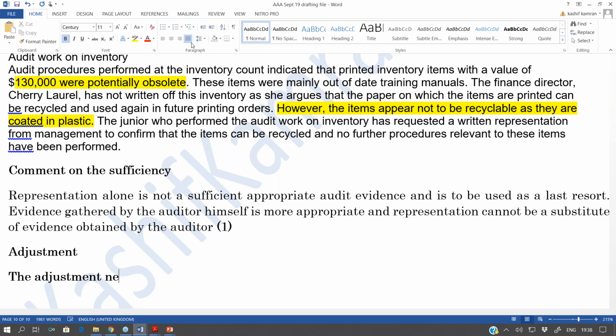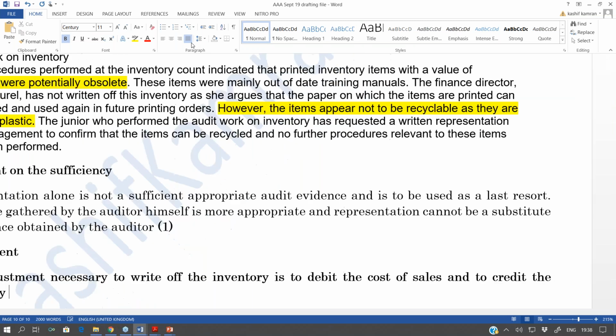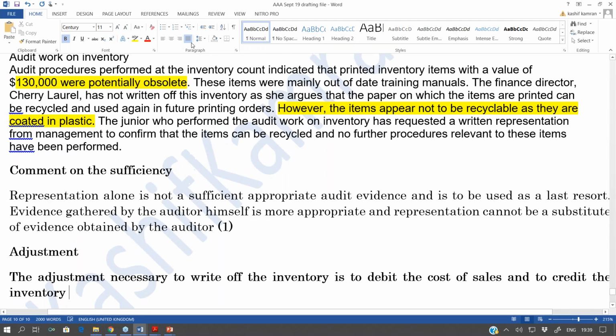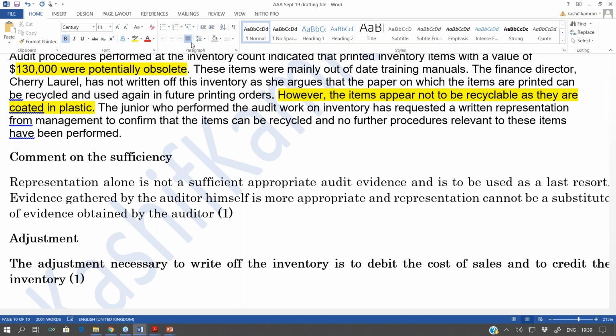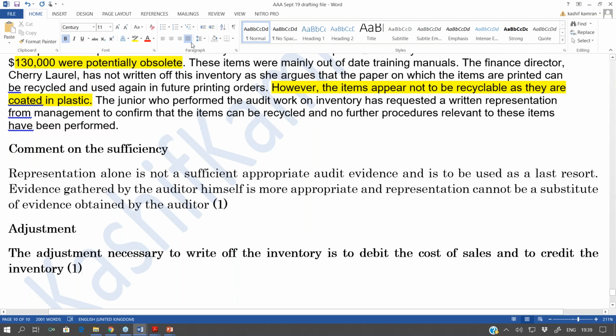The adjustment necessary to write off the inventory is to debit the cost of sales and to credit the inventory. See, with that one line of an adjustment, you will get your 1 mark. So the adjustment necessary to write off the inventory is to debit the cost of sales and to credit the inventory. Are you clear with that? 2 marks, right? Then comes the third,